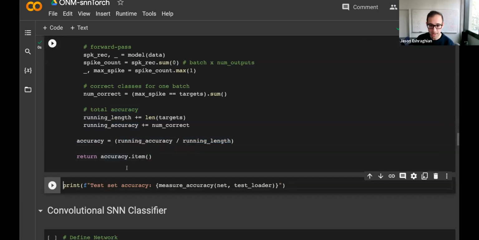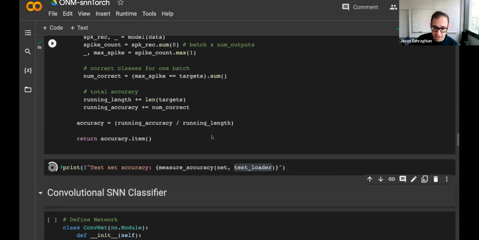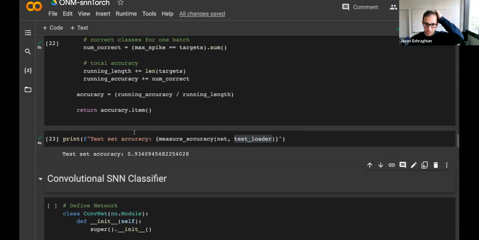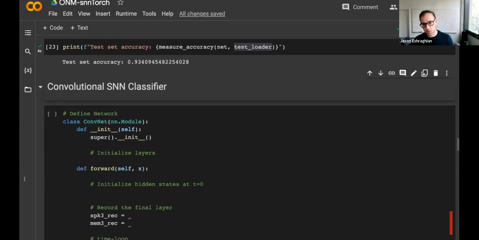So let's run that and we print this out. So I'm going to test this on the test set now. Might need to wait a moment. Oh, okay, 93%. That's pretty good for something with 100 iterations. In theory, I'm pretty sure it's easy to get like a 98% with a bit of parameter sweeping and a bit of optimization. So that's cool. Could always do a bit better.